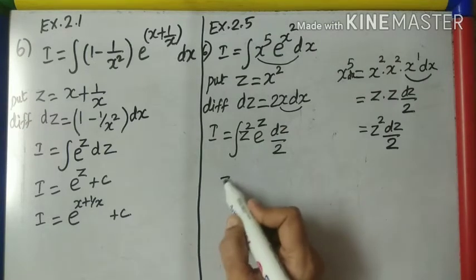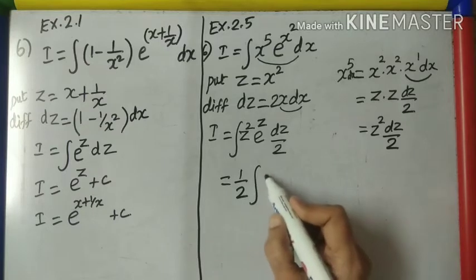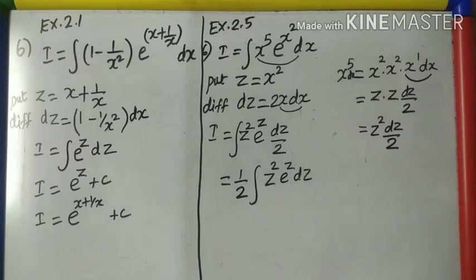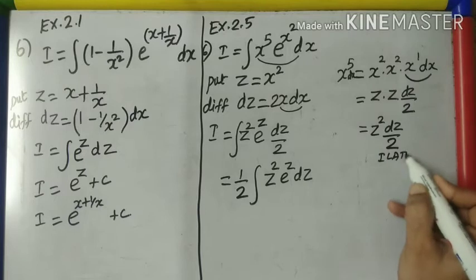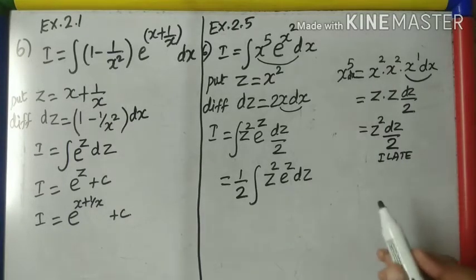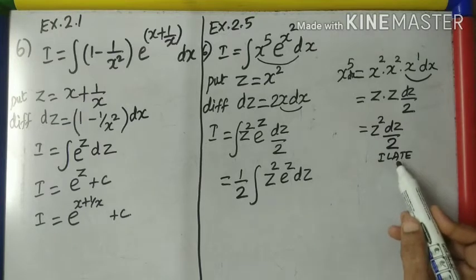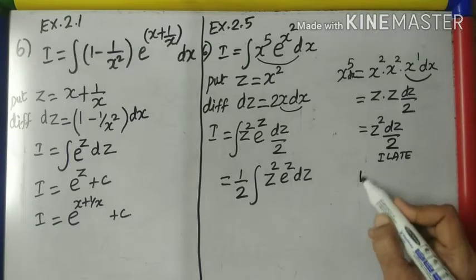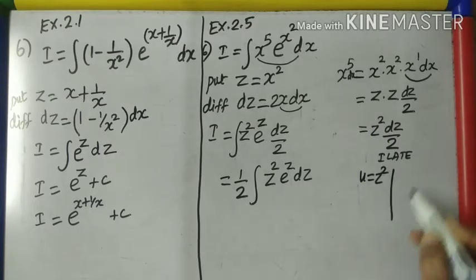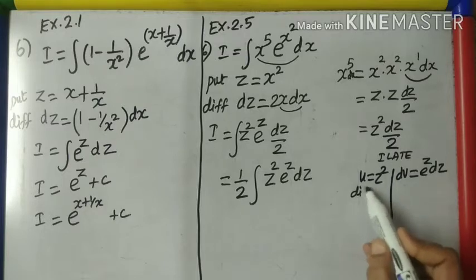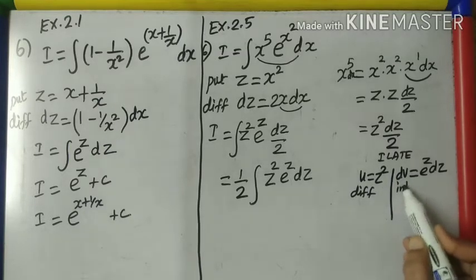Now, this is coming under integration by parts. Z square e power z dz. Let us remember this I-LATE principle for choosing integration by parts. U. I stands for inverse, not present. L stands for logarithm, not present. A stands for algebraic, z square is present. So take u is equal to z square and dv is the remaining. What is the remaining? e power z dz. What you take as u, you must differentiate, and what you take as dv, you must integrate.